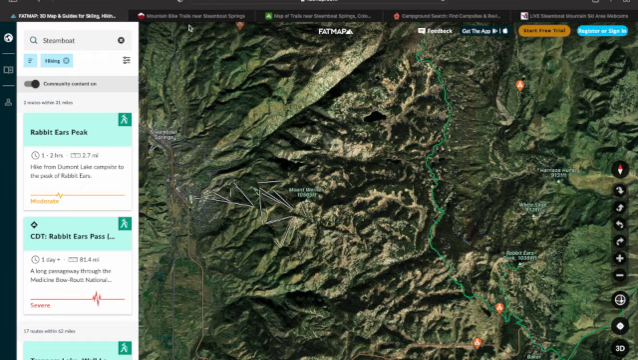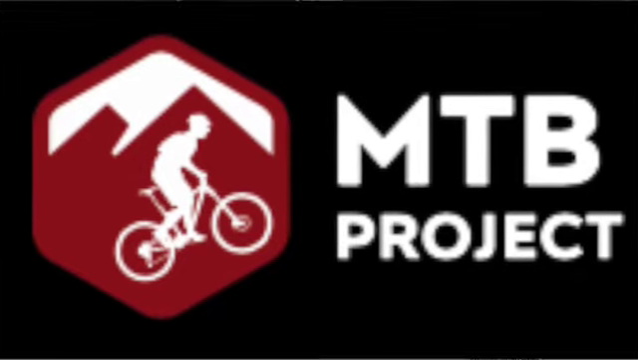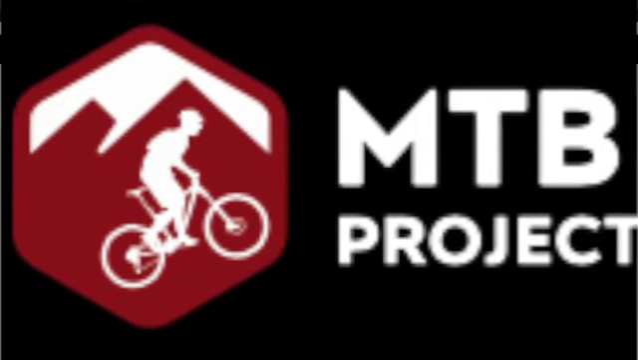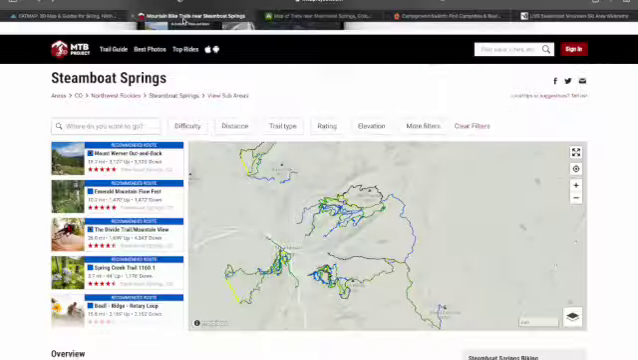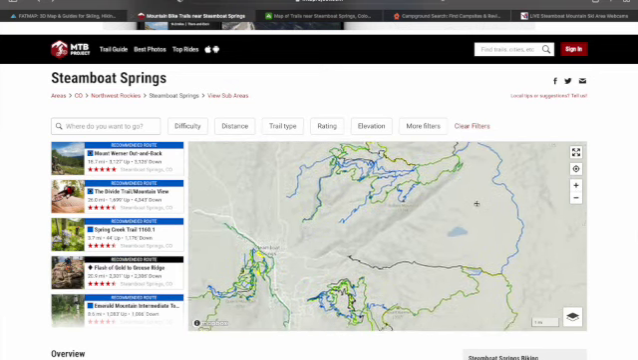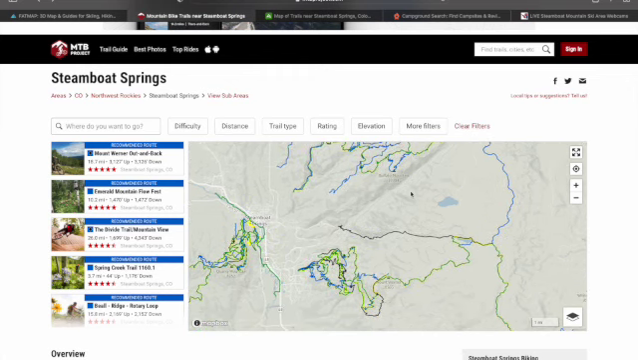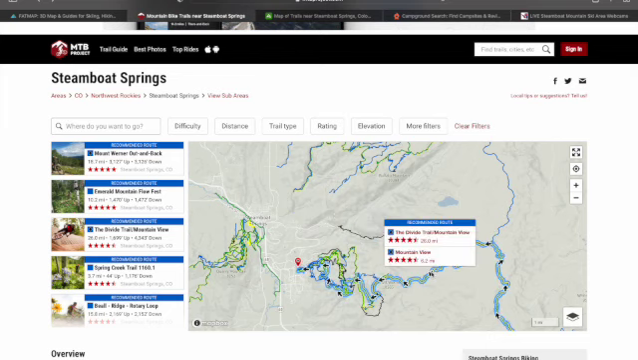So let's move off of FatMap into the MTB Project, I guess Mountain Bike Project. And so this is a crowdsourced mountain bike guide. Folks that are deep into the mountain bike space can earn points, and they leave reviews and photos and comments. And so again, this is just outside of Steamboat Springs, and I can click on a trail and get a sense of its popularity